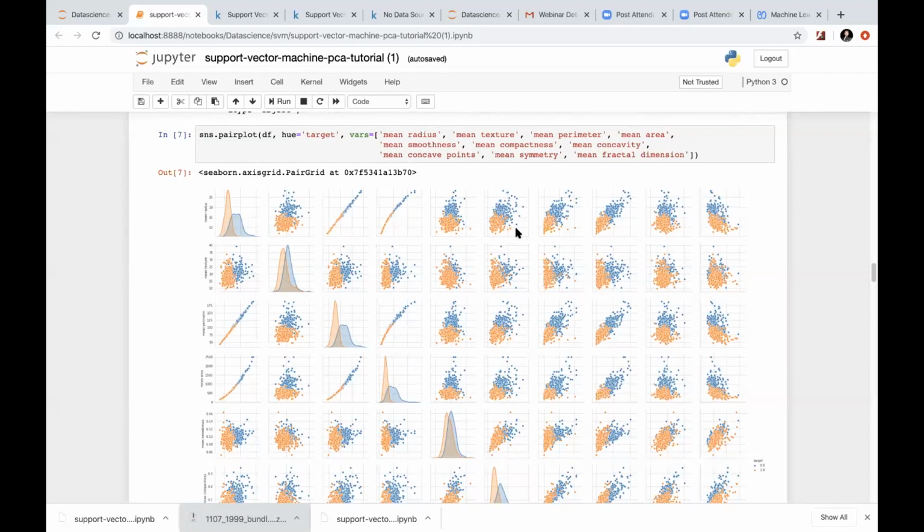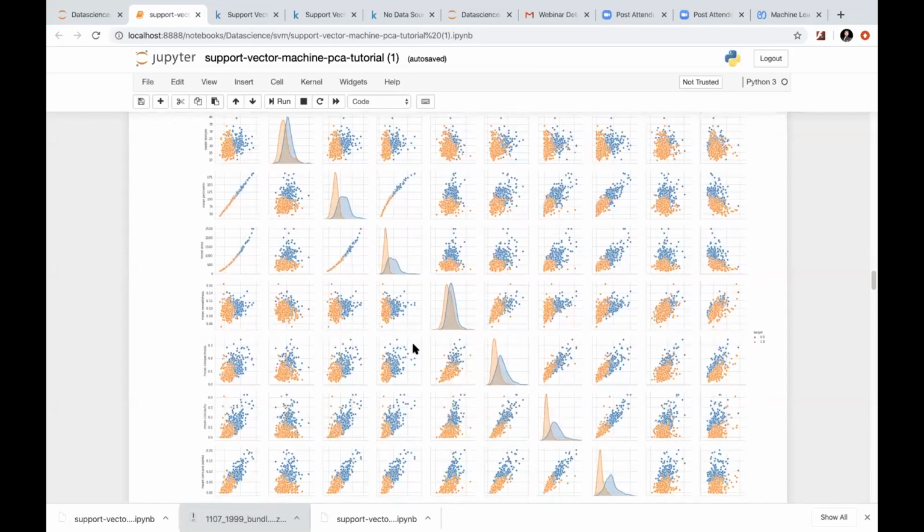Some of the data set is kind of linearly separable. So where mean radius and the target, you are able to draw the line. This is what I visualize here so that you get a feel that SVM can be applied in such scenarios.